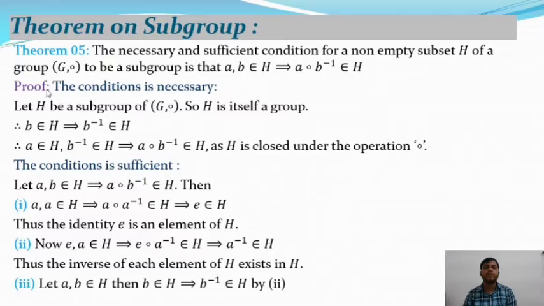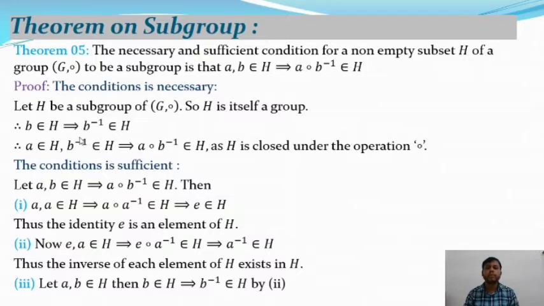So here is the proof of the 5th theorem. First we will prove the necessary condition. Let H be a subgroup of (G, composition). So H is also a group and it satisfies the following 4 properties: closure, associative, identity and the inverse property. Now let b be any element in H, and H is a non-empty set, you know that, so there exists an element, and let b be any element that belongs to H.